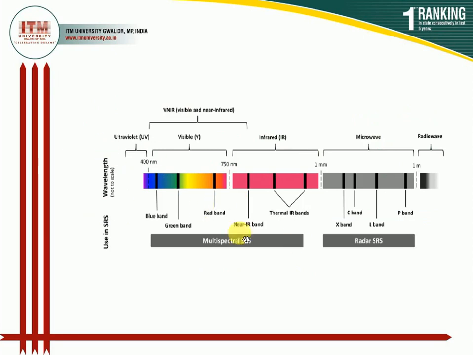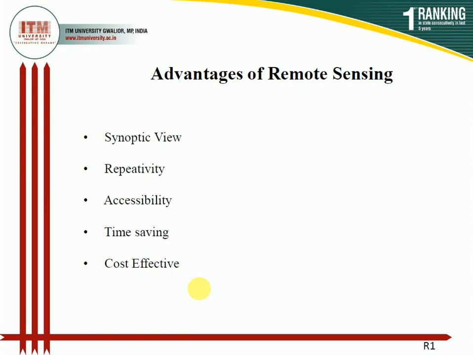Here are some examples of active and passive sensors. Examples of active sensors are sonar, sodar, laser, and radar. All are examples of active sensors. There are a few advantages of remote sensing. The remote sensing technique helps us to have a detailed idea of a particular place or particular vegetation. Repetition in the observation of a certain vegetation can be done with the help of remote sensing in a particular area at periodic intervals.